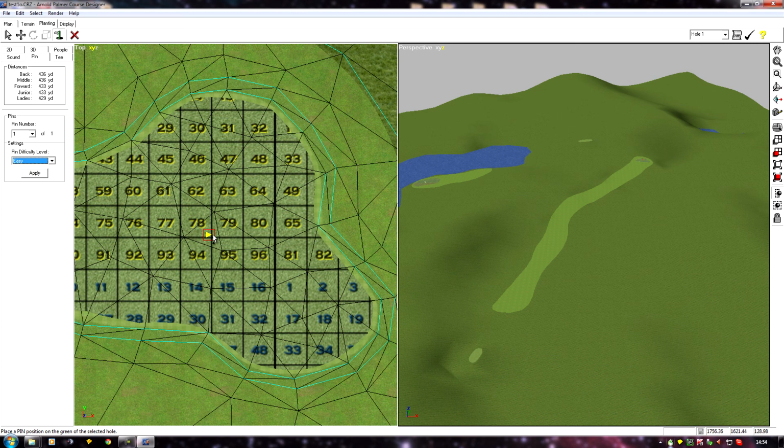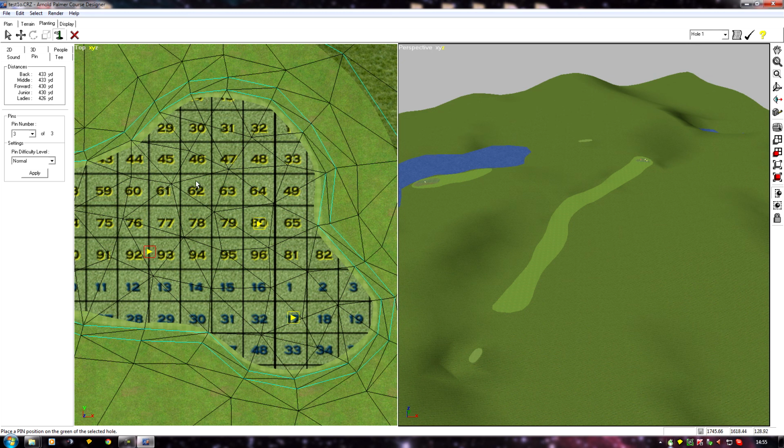The pin we've planted, we can either move that into first position for pin 1, or we can just delete it again. I'll just delete it for now, I think. And I'll plant my first pin there, yellow 80, and you just go round